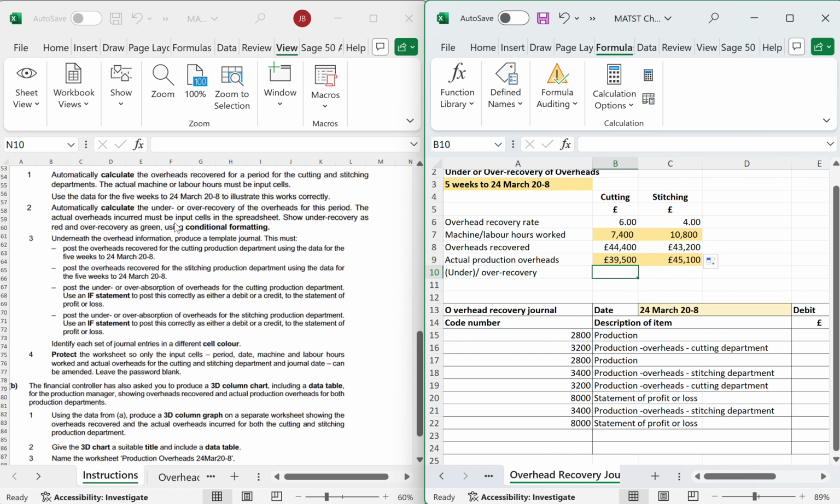The actual overheads incurred must be input in the cells in the spreadsheet to show under recovery as red and over recovery as green. So we budgeted at the beginning of the year this amount. This is what we actually spent. We're now checking to see, were we on target, were we over, were we under? So we're going to go equals open bracket, budgeted minus actual, and that gives me 4,900. So we budgeted too much. And if we do it for the stitching, we actually budgeted too little because we said 43,200, but we spent